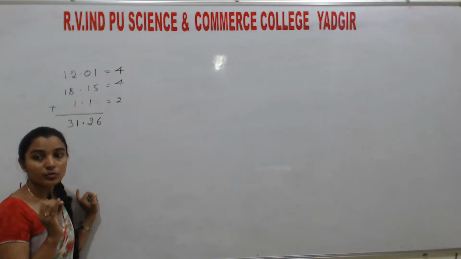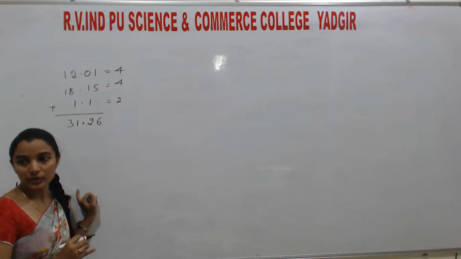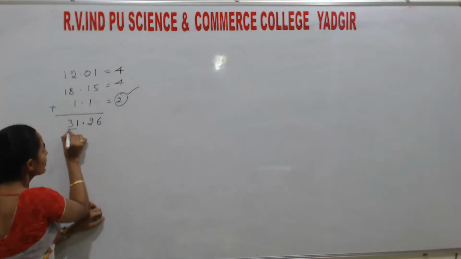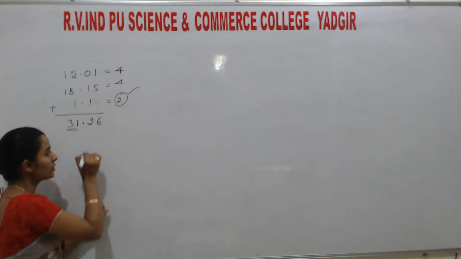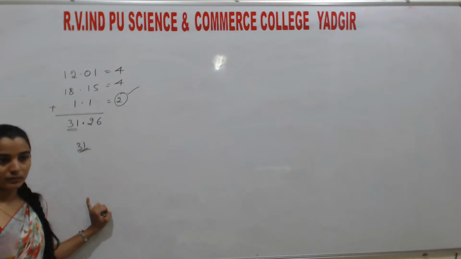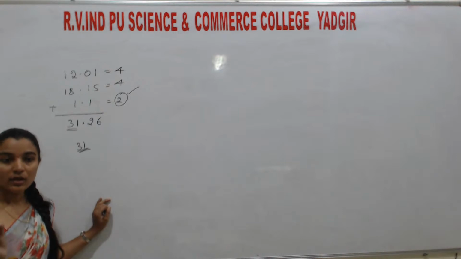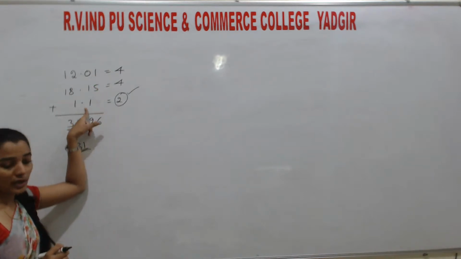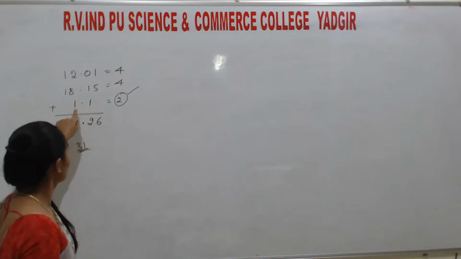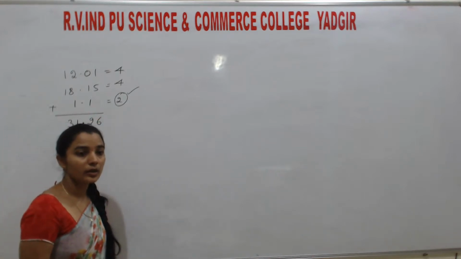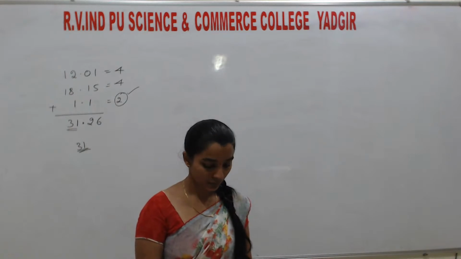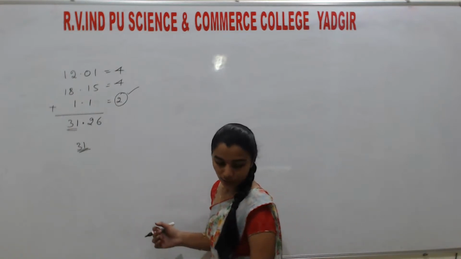Always the answer should be written in the minimum significant figure value. Understand? Here the minimum significant figure is 2, which means we have to consider only these two digits. So the answer is 31. Understood? Always the answer should be written according to the term which has the minimum significant figures. Among these three, this one has the fewest significant figures, that is 2. So the answer should be in the 2-digit form. That means the answer must consist of 2 significant figures. Understand? Okay. So the next one is